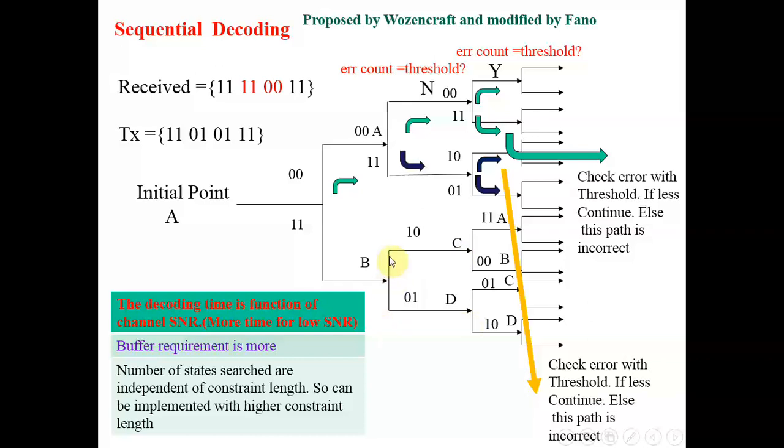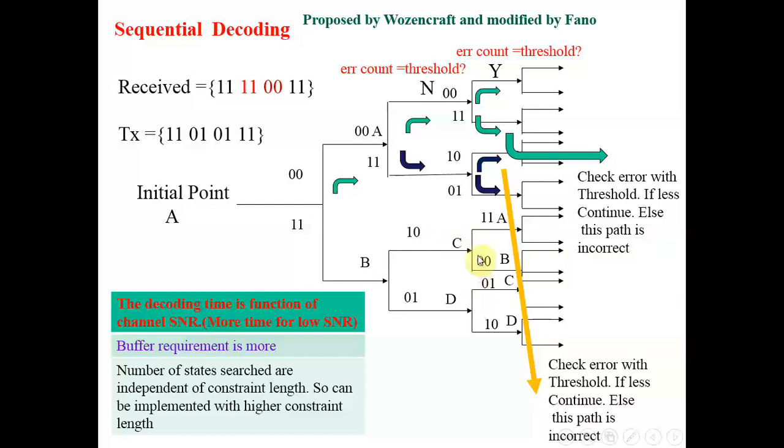Suppose the decoder follows this path, so let's go to C. How many bits are in error now? Your expected output is 1 0 and you are receiving 1 1, so your error counter will hit 1. Your error count is updated to 1 because from this path to this path we did not receive any error, and from this path to this path we received 1 bit of error. So my error count is 1 here.